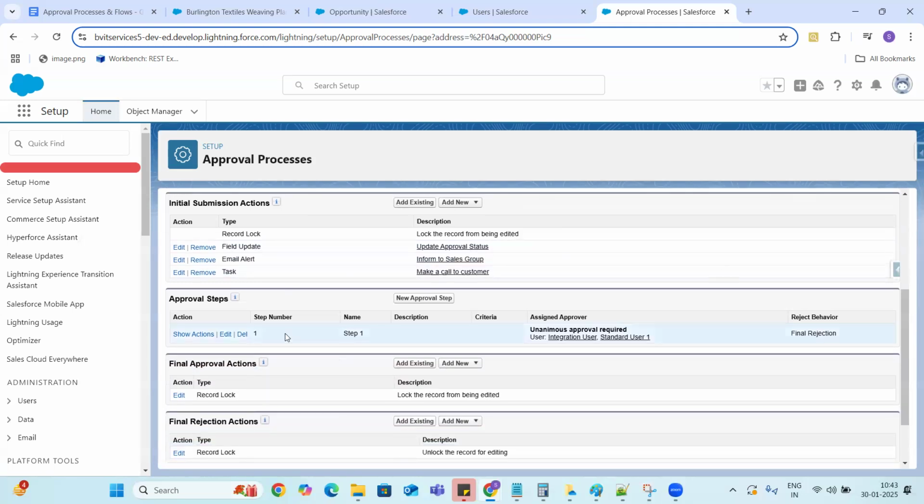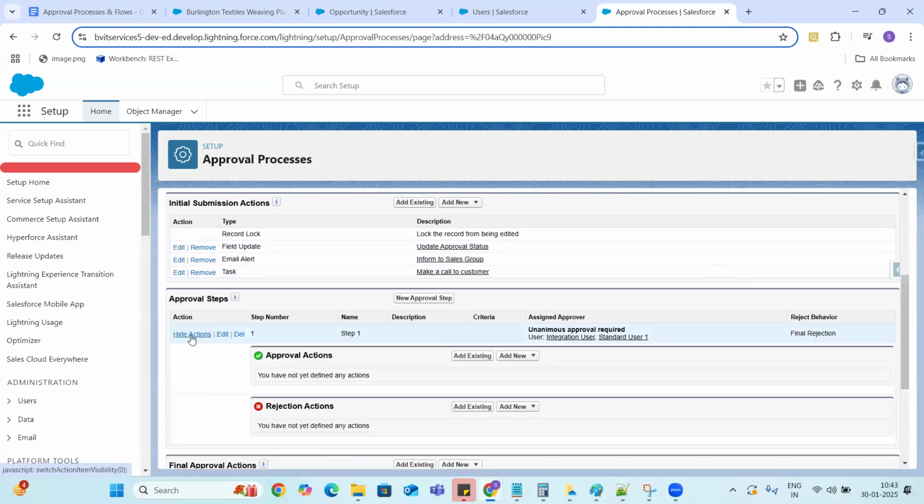Then approval steps. So what you want to do in case this person approves. Unanimous approval is required as part of these steps.